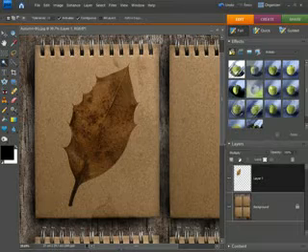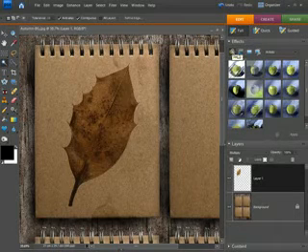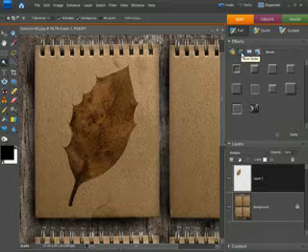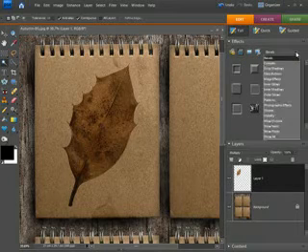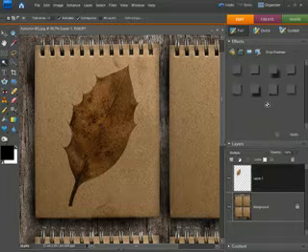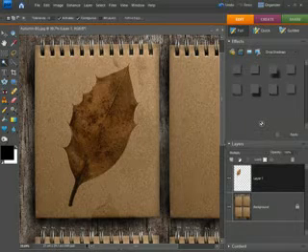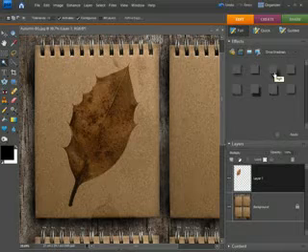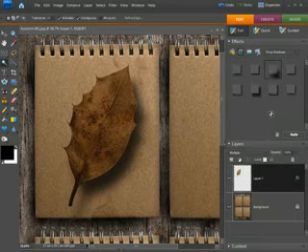There are 4 along the top, basic types of effects, and we want the second one in, which is called Layer Styles. Now there's a whole bunch of layer styles, and we're looking for the ones called Drop Shadows. There are a couple of drop shadows, but we're looking for this one here called High. Double click that one and that'll apply the drop shadow.